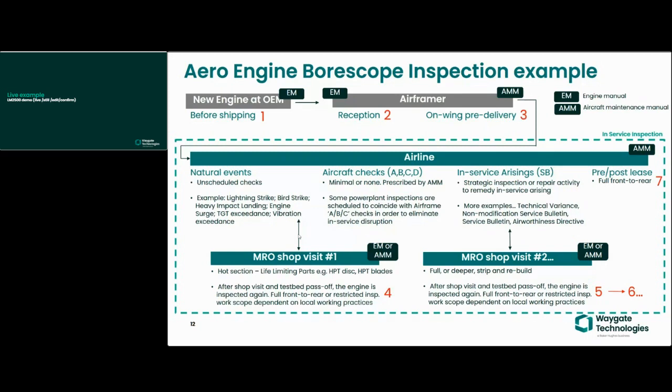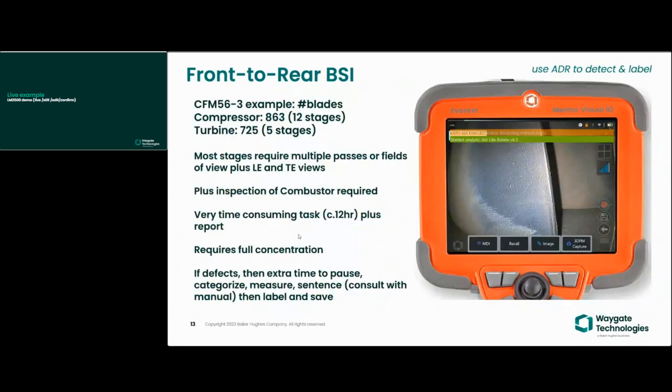And what we mean by mandated: it's a heavily regulated industry, so it's important that these inspections are carried out in accordance with either the engine manual or the aircraft maintenance manual. So the front to rear inspection, just to put it into context, I added up the number of blades in, in this case, a CFM56-3, which happens to be the engine behind Tom Ward when you heard him talk through the introduction. There are over 1,500 aerofoils, most of them within the compressor, and 700 in the turbine. So what you see here on the video on the right-hand side, if I just play it,